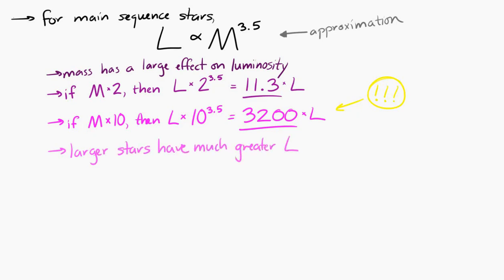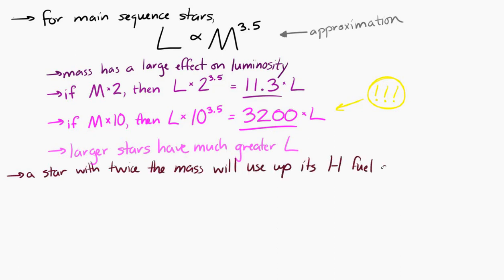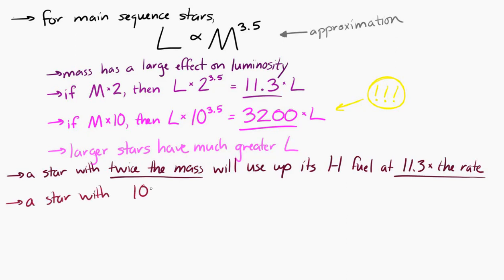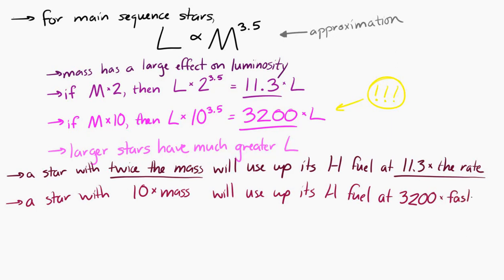If we think about this from a fuel perspective, a star with twice the mass will use up its hydrogen at 11.3 times the rate, right? Because the luminosity is ultimately coming from fusion at the center of the star, from the core of the star. So more mass means you have a much greater luminosity. You're using up your fuel much faster. A star with 10 times the mass will use up its fuel at 3,200 times the rate of the other star. So higher mass stars, even though they have more mass and have more fuel, they will run out of